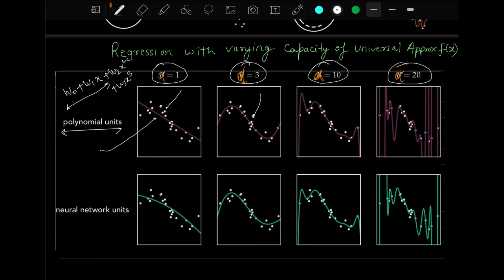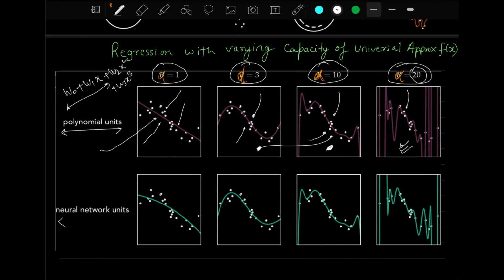When alpha equal to 10, it will be like this. For alpha equal to 20, it will be like this. So you can see how you are varying alpha and how the curve is becoming so complex that it will try to fit each and every point of this data. Please note, at this particular point, this model is not covering all the points. Here it is covering some of the points. Here it is covering more than what is covered over here. These points are covered, this plot is covering more, and this is actually covering all the data points. You can see the curve is actually fitting all the data points here for alpha equal to 20.